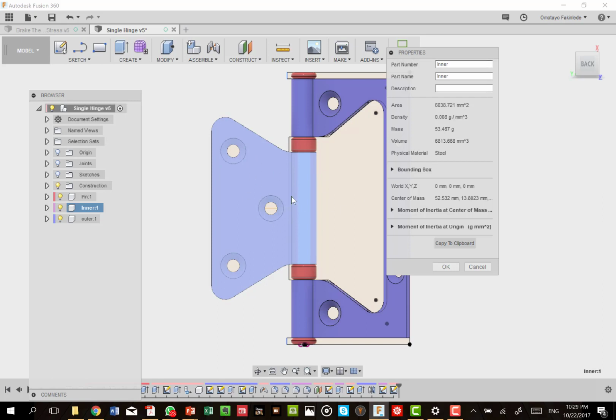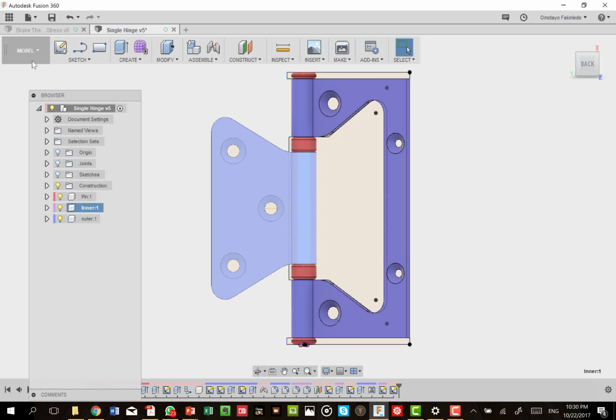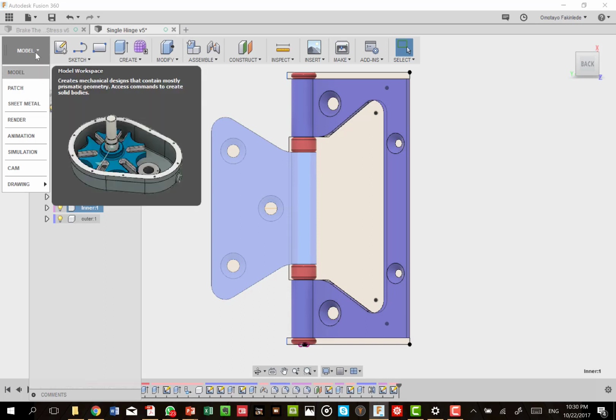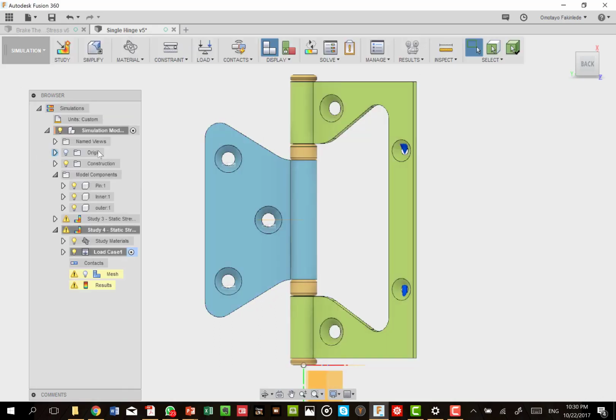So for any component, even within the model workspace, you are able to get as many properties defined, because you have just completed your model. Just as soon as you complete your model, you can request for those properties. But let's move on now to the simulation workspace. If we want to go to the simulation workspace, we just go down here, click this model button here, and we move to the simulation.